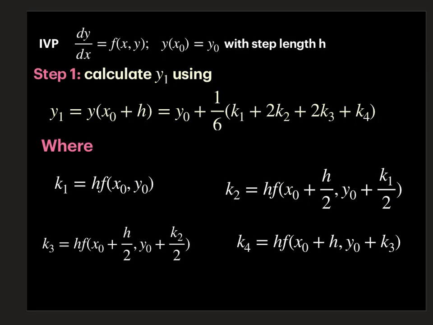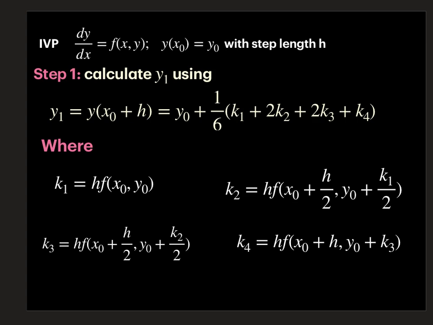We have the initial value problem in the form dy by dx is equal to f of x comma y, with initial condition y of x naught is equal to y naught and step length h. The task is to find the unknown function y at the given point of x. The Runge Kutta method finds an approximate value of y for a given x. Only first order ordinary differential equations can be solved by using the Runge Kutta method of fourth order, and we have